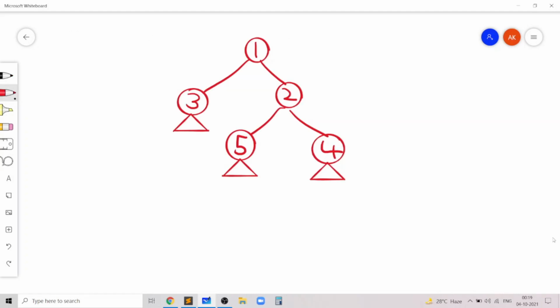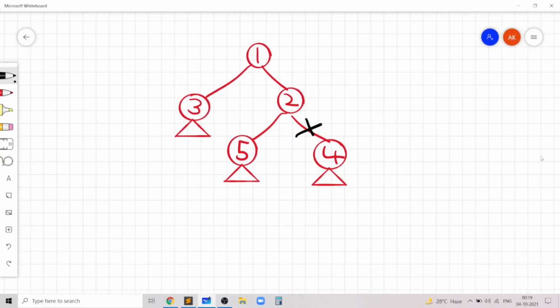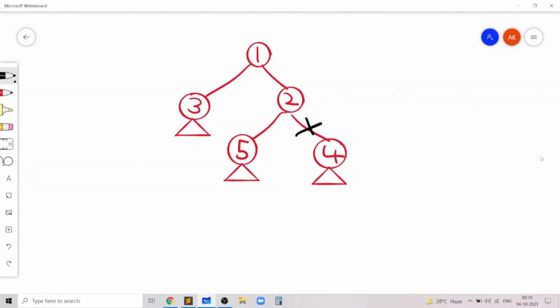So let's say that this is our tree and we choose to delete the first edge. So notice that we are deleting 2 edges. That's why let's say that we chose to delete the edge from 2 to 4 as our first edge. Now notice that these triangles first of all represent the subtrees. So notice that the subtree of 4 should have a XOR. So the subtree XOR for 4 should be equal to some particular value. So let's just say x.